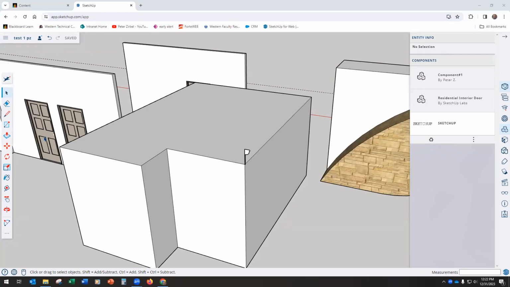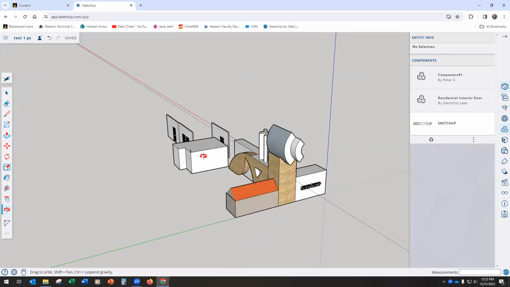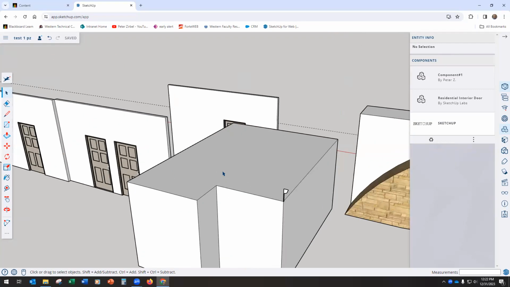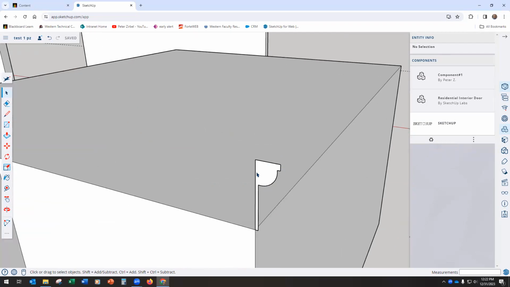Okay, in this video, I'm going to demonstrate the use of the Follow Me tool. So I'm working on my freeform where I'm trying out different tools. And one of the requirements of the assignment is you use the Follow Me tool and label it. So I've made a little building here, and I've got this crown molding I'm going to put around the